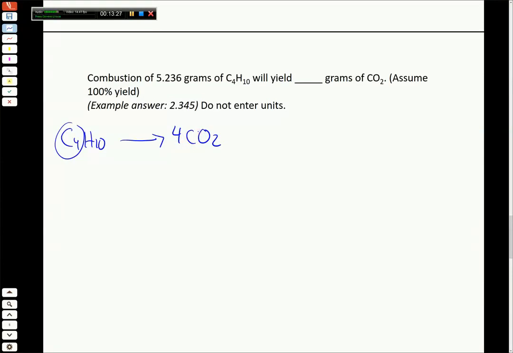So this is not a perfectly balanced equation. If we want to write out the full thing, it would be C4H10 plus O2 going to CO2 and water. So this is a full combustion equation, but not terribly important for this question because we're just asking about C4H10 and CO2. So as long as we know that those are in a 1 to 4 ratio,